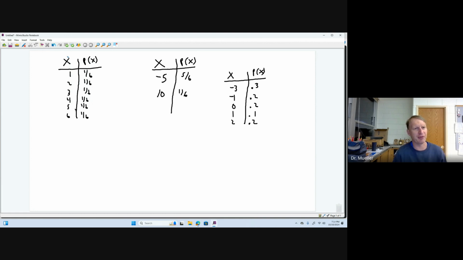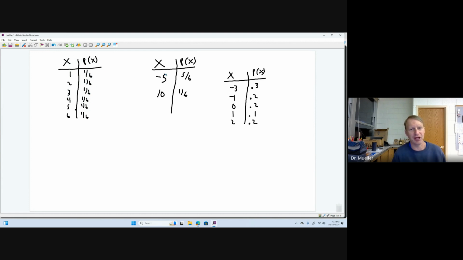Now, the key thing with the probability distribution is that each of the probabilities must be between 0 and 1, and then all of it must add up to be 1. So X can be whatever the result is, but the probabilities must all add up to 1. So 1/6 plus 1/6 plus 1/6 plus 1/6 plus 1/6 plus 1/6 is 1, and each probability is between 0